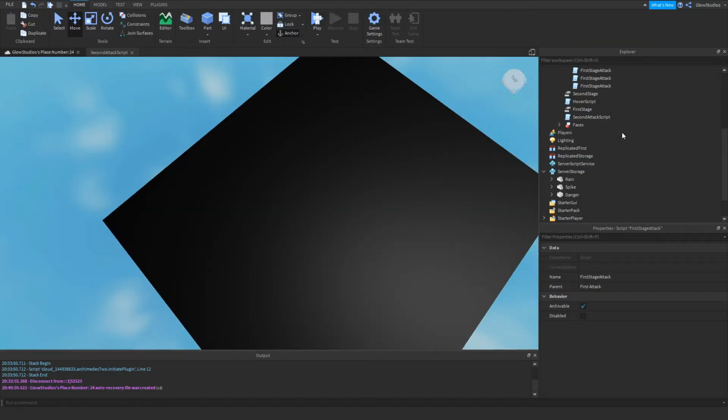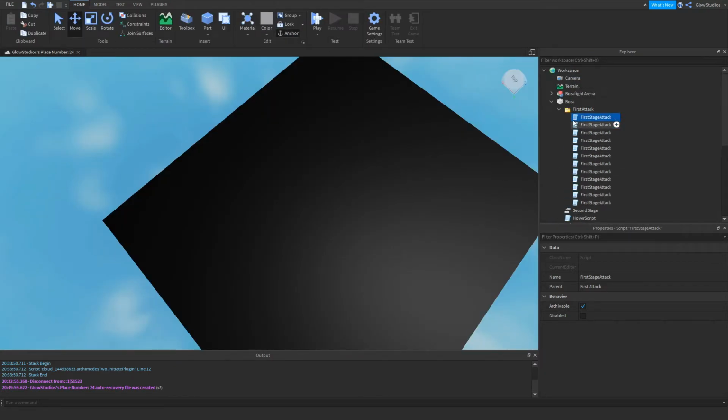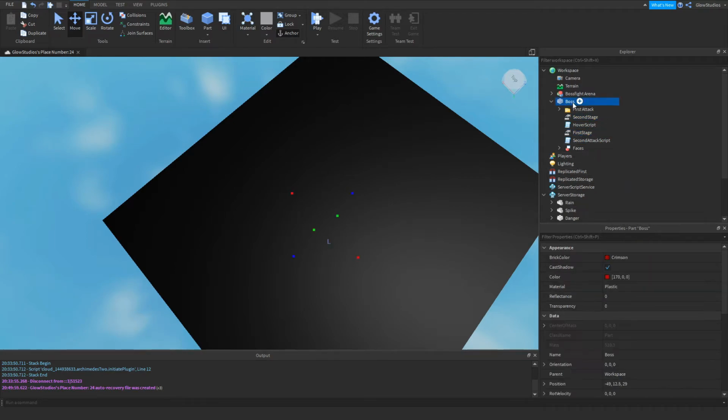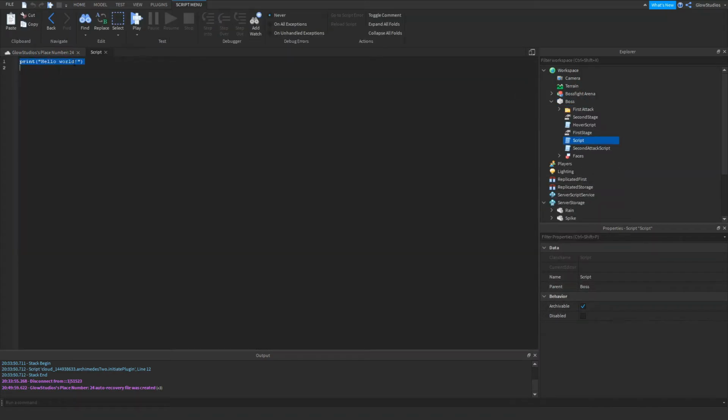So now we need to code the script to make it so it will change this to true after 30 seconds, or I'm going to set it to 15 for the sake of time, and set this to false. So script: game.Players.PlayerAdded:Connect(function(player)